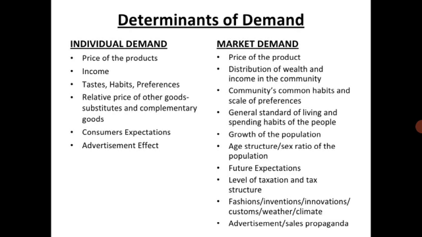The determinants of demand. For individual demand: price of the product; income, meaning the income of a single person, not the income of the nation; taste, meaning what I feel, what I want to eat; relative prices of other goods, substitutes and complementary goods such as milk, butter, bread; consumer expectation; advertisement effect. Now for market demand: price of the product, distribution of wealth and income in the community,